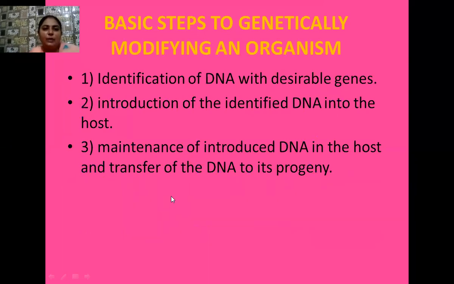Here students, we are later going to discuss the following steps in detail. These are the basic steps to produce a genetically modified organism. Number one, first of all, we have to identify the DNA which contains our desirable gene of interest. When we find this alien piece of DNA which contains our desirable gene of interest, then later on, we introduce this identified DNA into the host organism, which, you know very well, we do with the help of special types of vectors which may be plasmids or bacteriophages. So here they play the role of transfer of the genetic material.